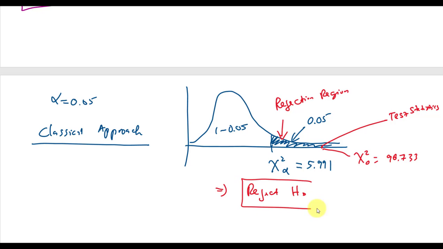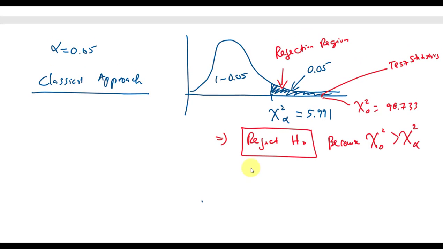Reject the null hypothesis because the test statistic is bigger than the critical value. It's inside the rejection region, so we reject the H0. So that is the classical approach, and you can also use the p-value approach,